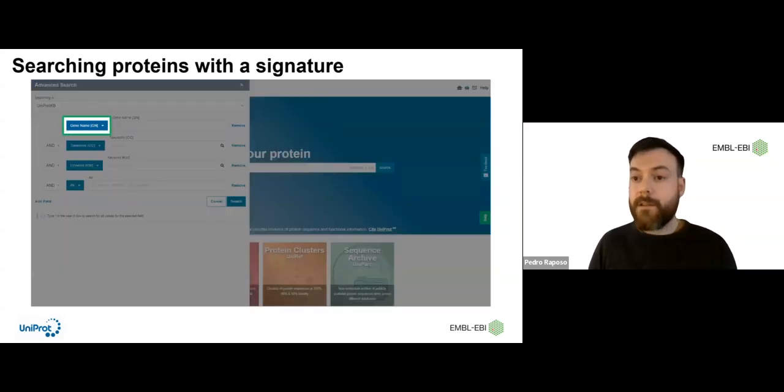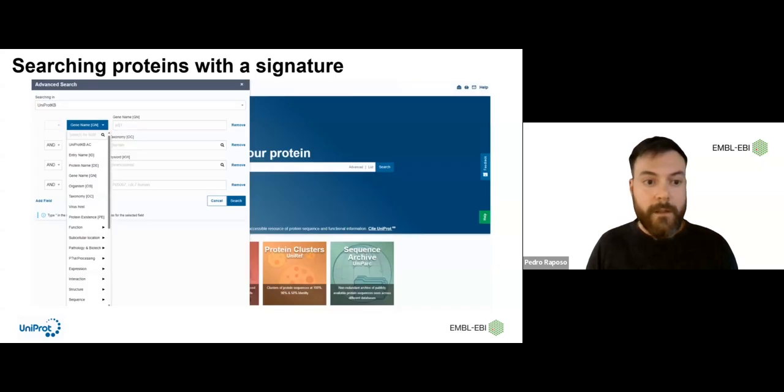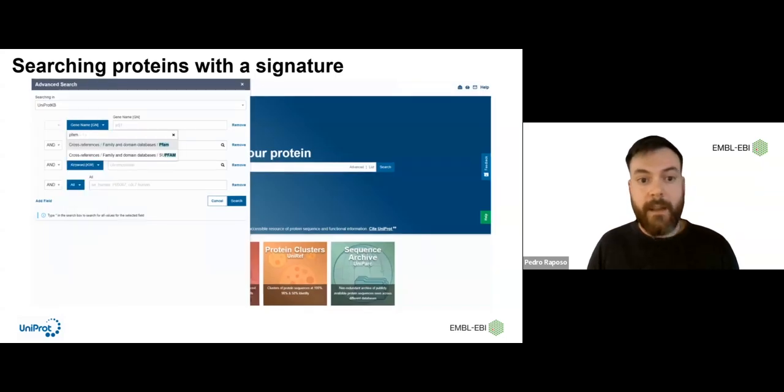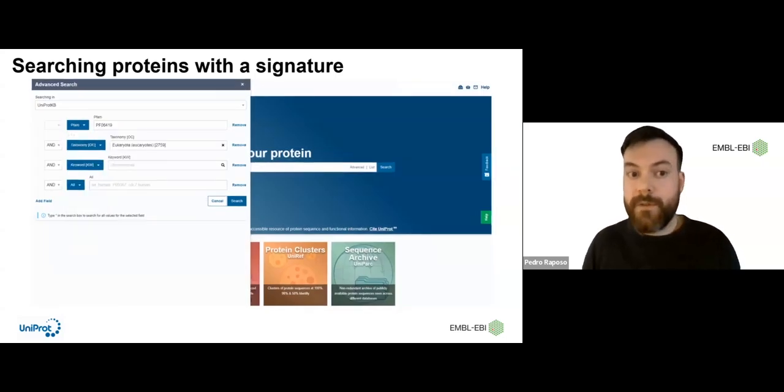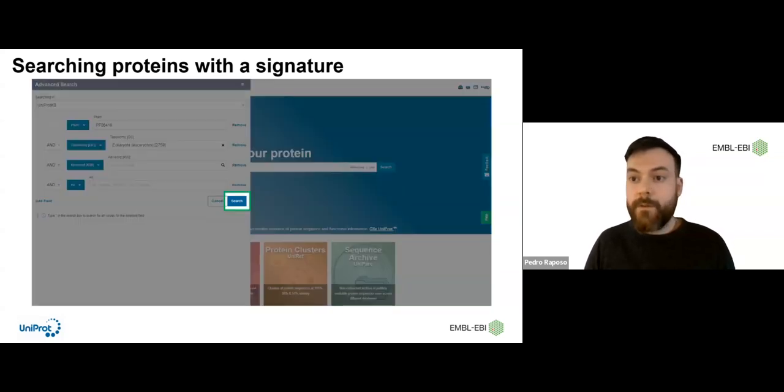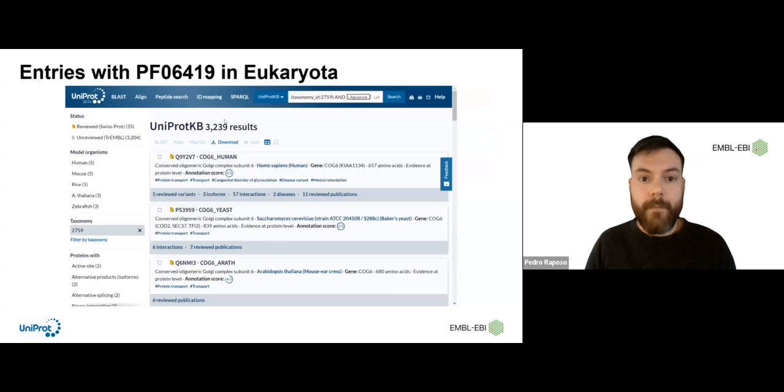Each field is customizable, so you can select Pfam and then introduce the ID that you want to search for. We were also looking at organisms coming from eukaryotes only. With these two conditions, you can search,